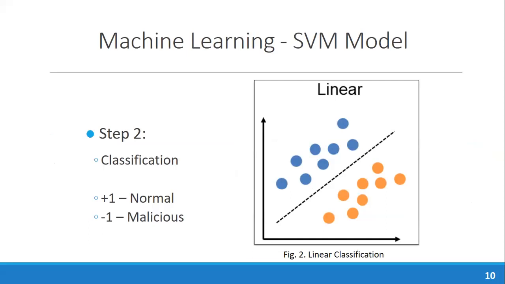In step 2, the data gathered will be processed and classified into 2 groups. Either it will be given a status of positive 1 to indicate that the node is functioning normally, or it will be given a status of -1 to identify the node as malicious or attacked. And that classification depends on whether the data gathered does or does not match what we have set